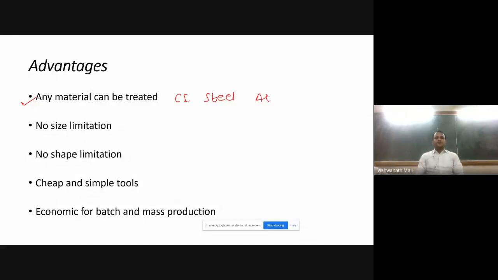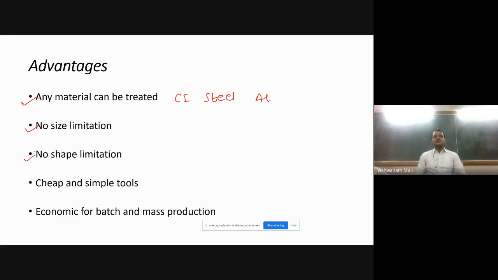Any type of material we can cast in this casting process. This is the biggest advantage. Then there is no size limitation. We can manufacture a small valve and we can manufacture big turbines whose weight is around 200 newtons. Such variation in the size of products we can manufacture in the casting process.